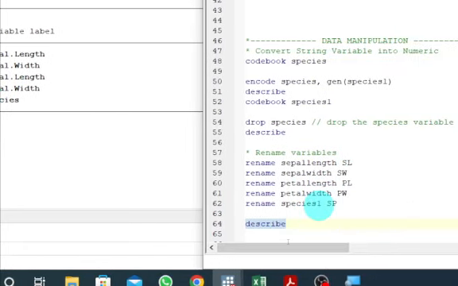Now the next thing is to filter our data set, right? We are supposed to filter the sepal length, sorry. I think I'm having some challenge with my voice. We are basically supposed to filter the sepal length for each of the labels of the species. Okay, but in Stata it's very difficult to work with multiple data sets at the same time. So basically what we are going to do is embed the data filtering right in